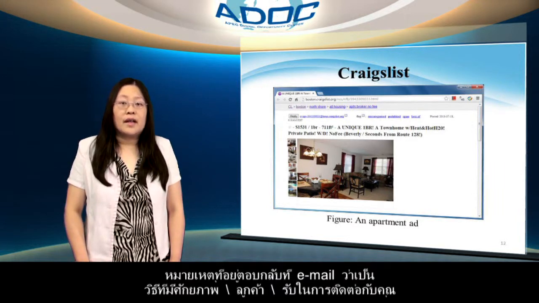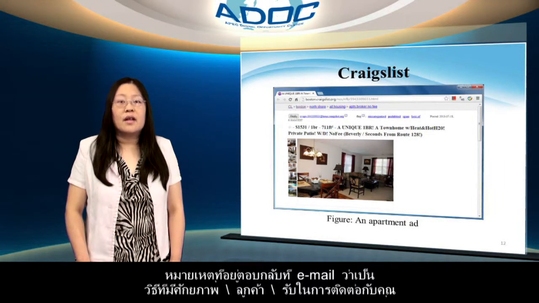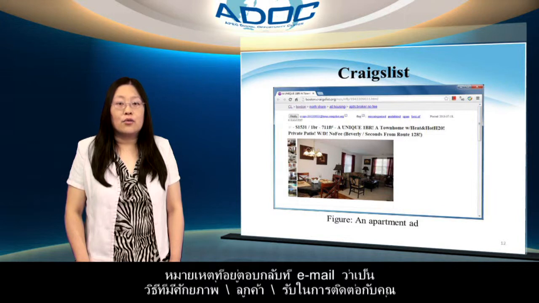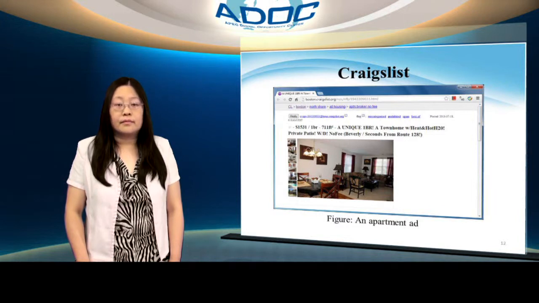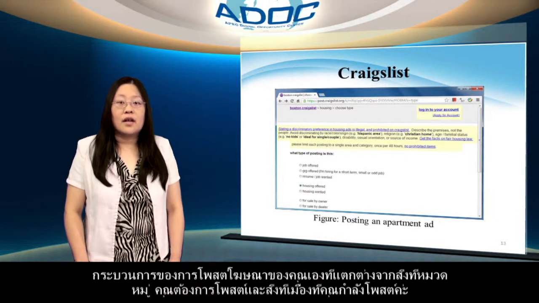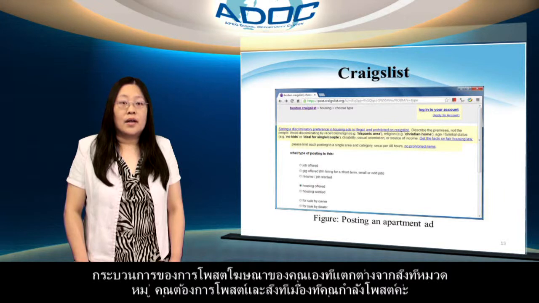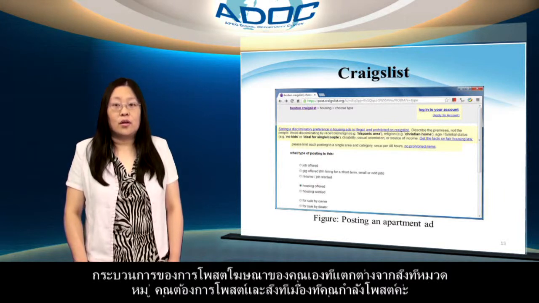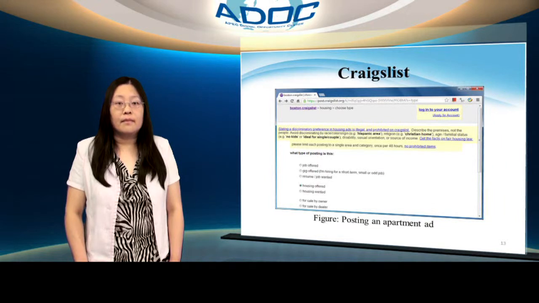Note the reply-to email address. That's how potential customers get in touch with you. The process of posting your own ad differs by what category you want to post and what city you are posting in.